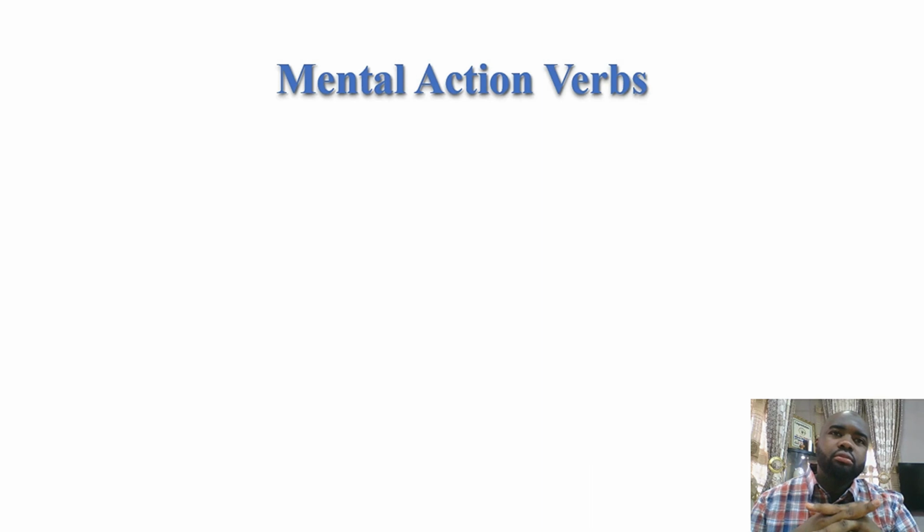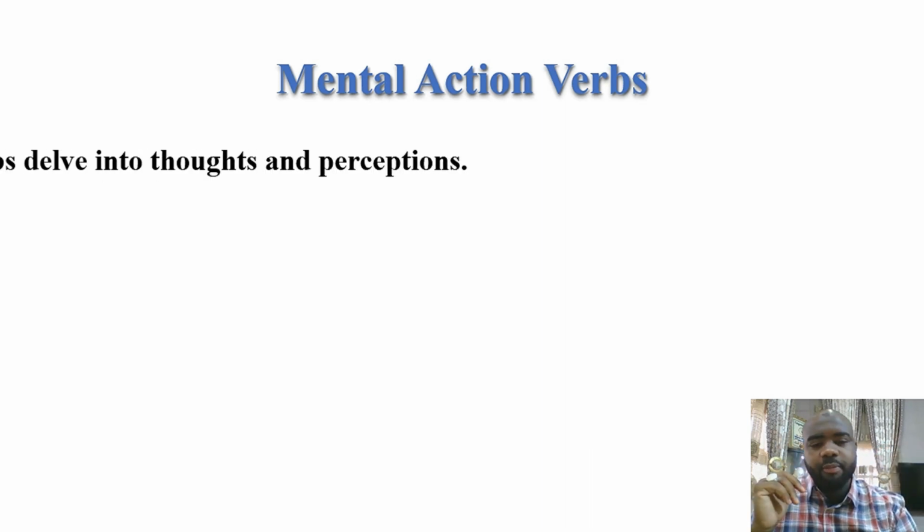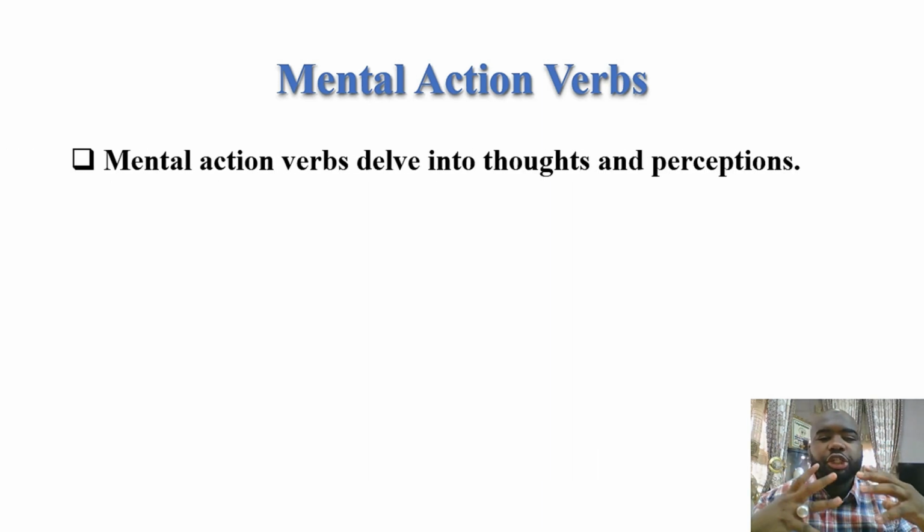Mental action. Something that is just using your brain. All right? It's not physical. The other one is physical. People can see, you can see it. All right, people see you performing the action, but here it's mental. It's mental, it's abstract, nobody can see it, you just do it mentally. All right, good. Mental action verbs delve into thoughts and perceptions. What you think, and what you perceive. They all have to do with the brain,